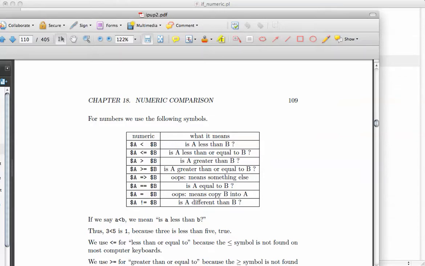We have A is less than B, A is less than or equal to B, A is greater than B, A is greater than or equal to B. A single equal sign is not a comparison operator; it means something else. We use two equal signs in a condition where we're asking if A is equal to B. Remember, the single equal sign means copy B into A. It's the assignment operator. So that is not to be used in comparisons, but we use the double equal sign to compare